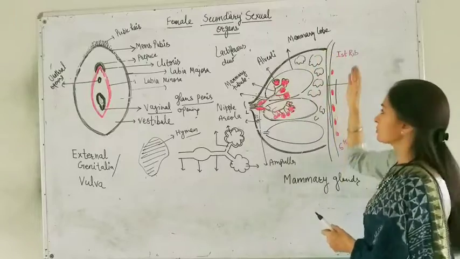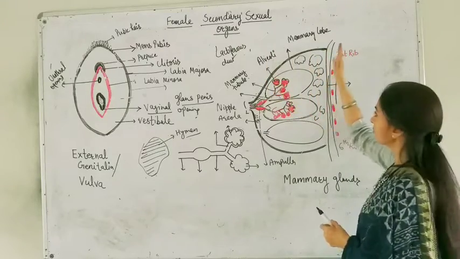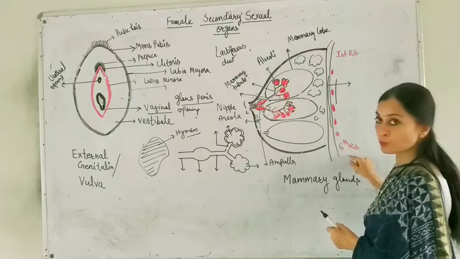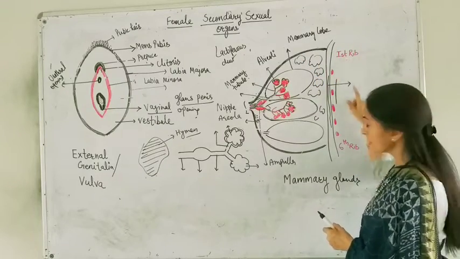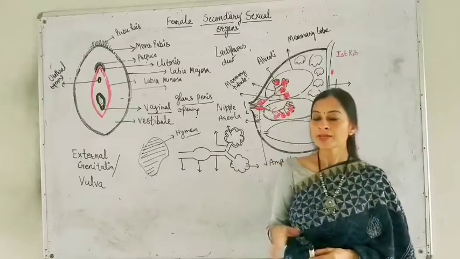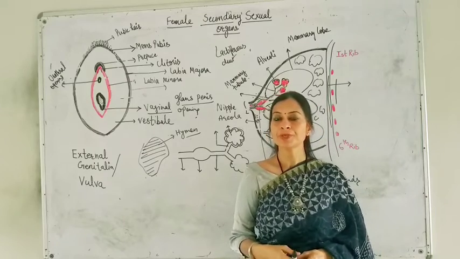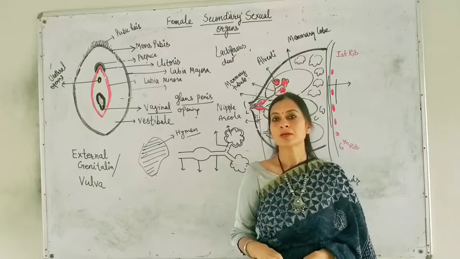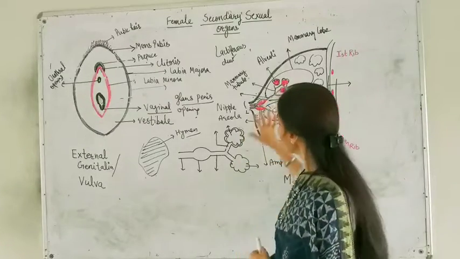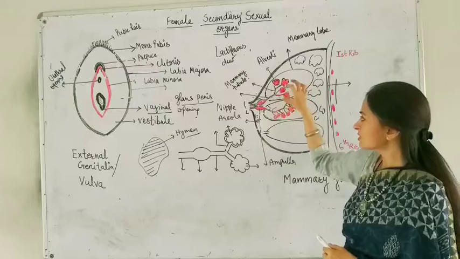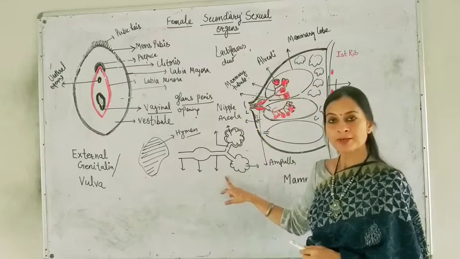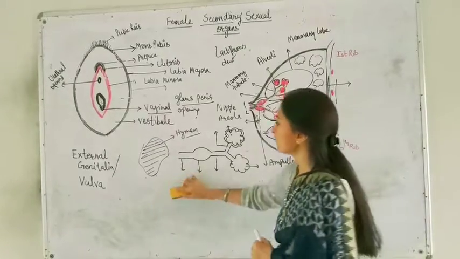This breast is present on the ventral side, and here I have shown the position. Here I have shown the first rib and the sixth rib. This is the position of these structures, and they are associated with the nourishment of the baby or infant during the lactation period. So in a detailed view of how this duct system is linked to each other, I have shown another diagram here to make it clear to you.